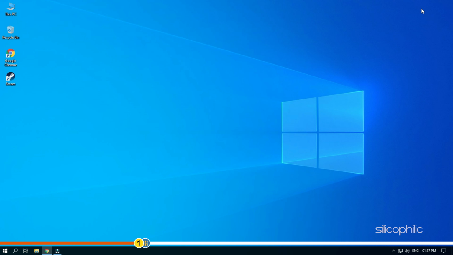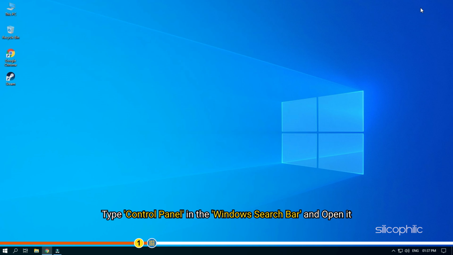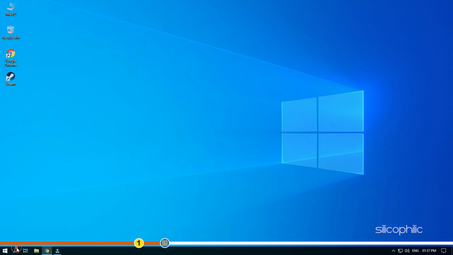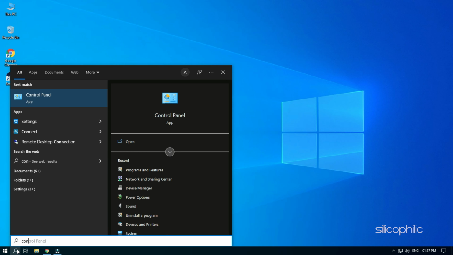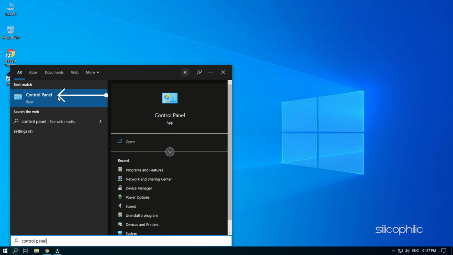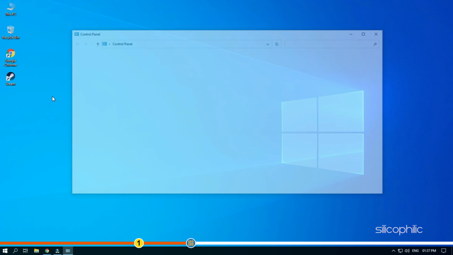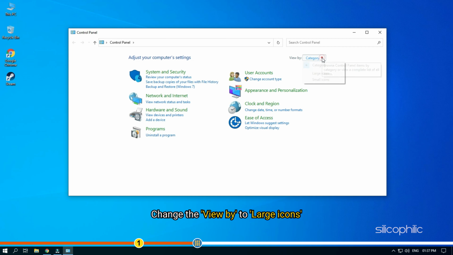Here is how you can reinstall Steam. Type Control Panel in the Windows search bar and open it. Change the view by to large icons.